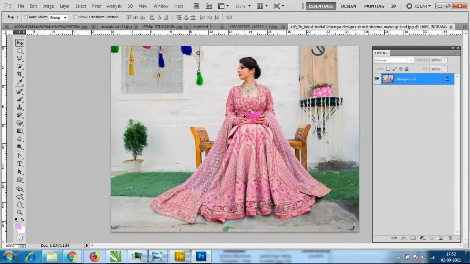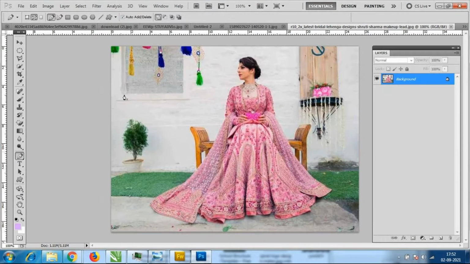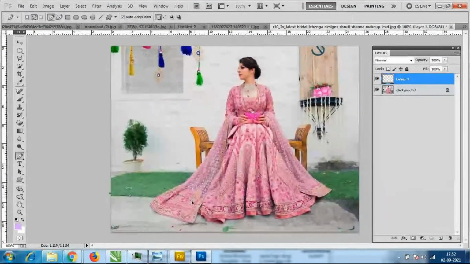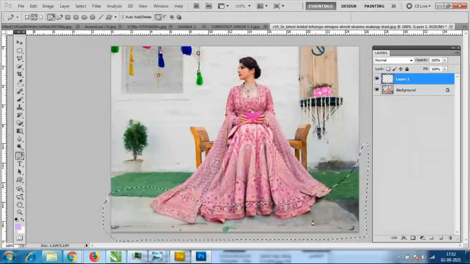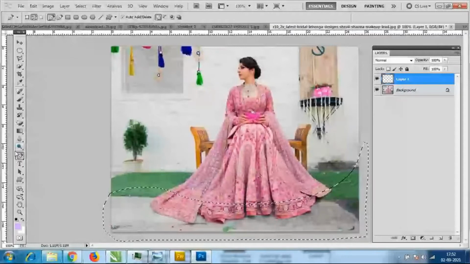I'll take a new layer and draw the shape like this. Control Enter. Okay, this much area I have added the shape like this. With the gradient tool, just add the color.